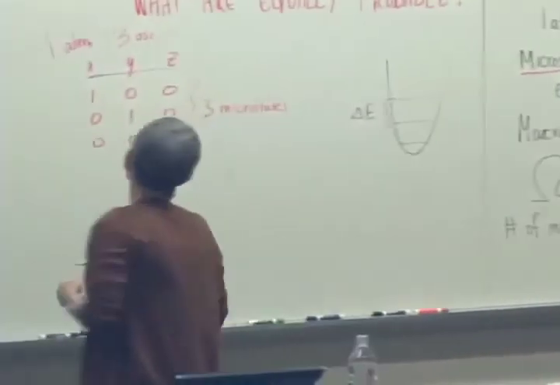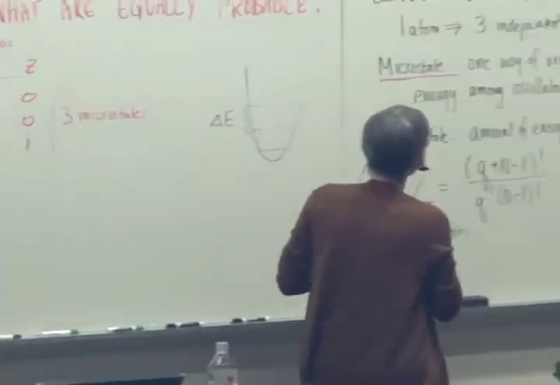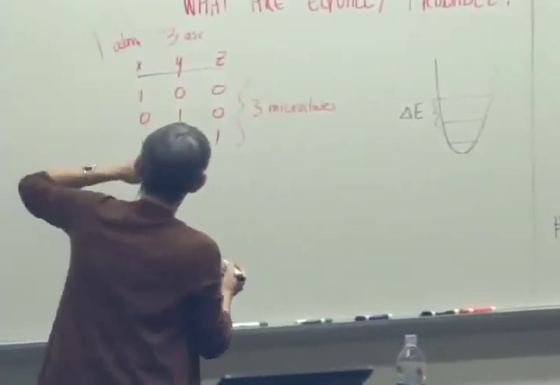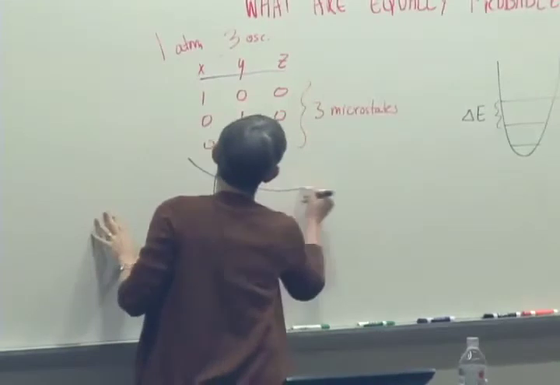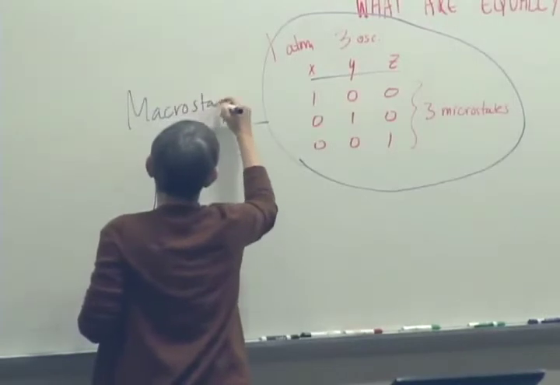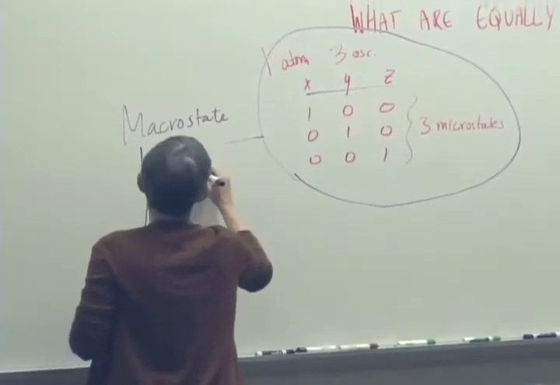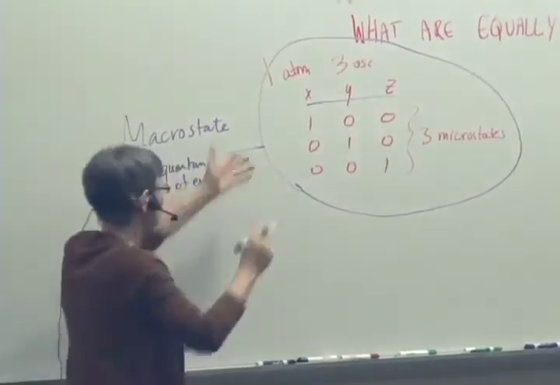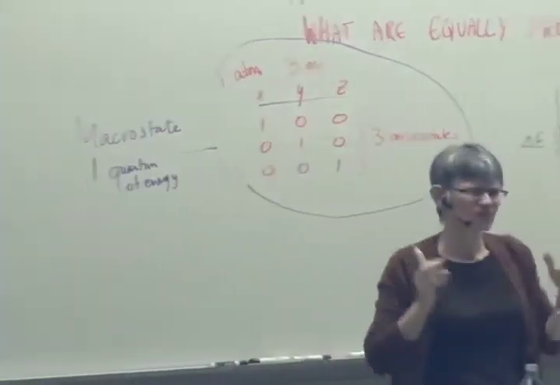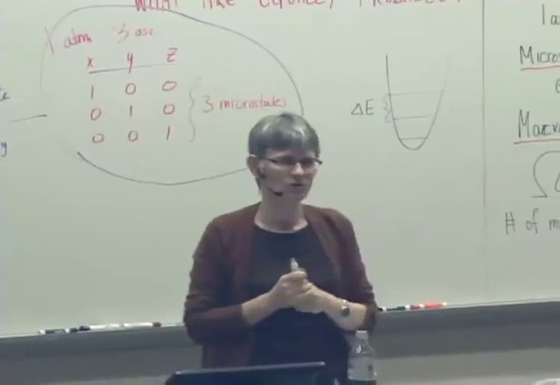What's a macrostate? Well, the macrostate is really the total amount of energy you've got in an object to arrange. So these three microstates correspond to a macrostate which says that we have one quantum of energy in that system. So really it's some number of joules of energy to put into the system. That's the macrostate. And there are three ways to arrange it, so those are the three possible microstates.